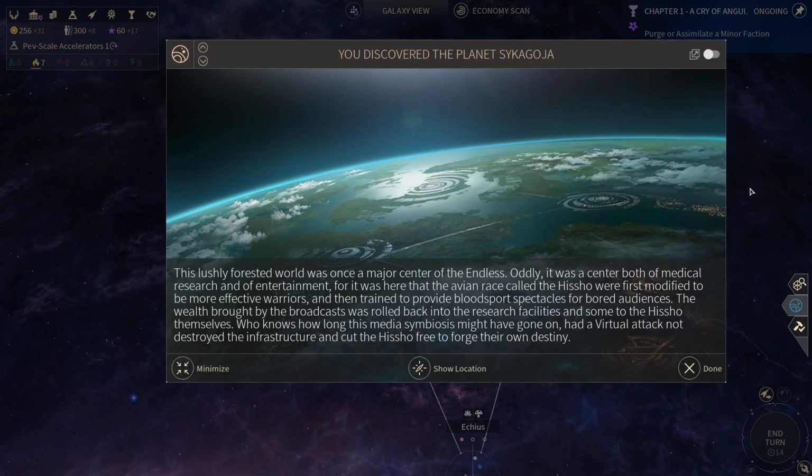We've discovered the planet Psychagogia. This lushly forested world was once a major center of the Endless. Oddly, it was a center both of medical research and of entertainment, for it was here that the avian race called the Hisha were first modified to be more effective warriors, and then trained to provide blood sport spectacles for bored audiences. The wealth brought by the broadcasts was rolled back into the research facilities,